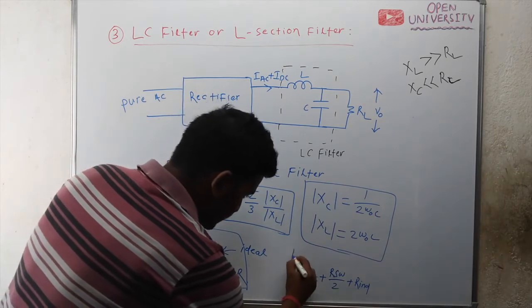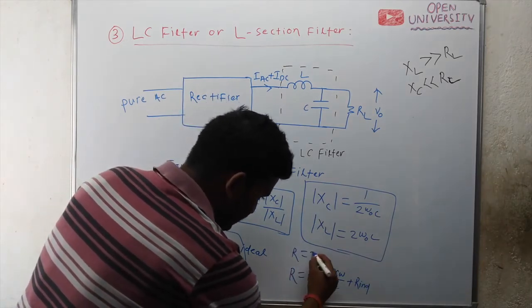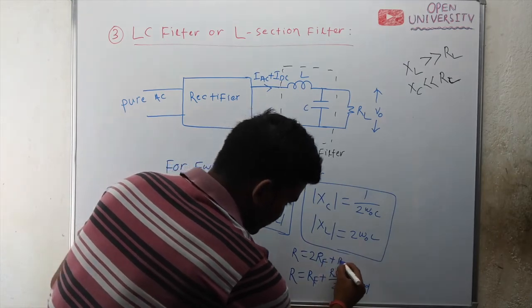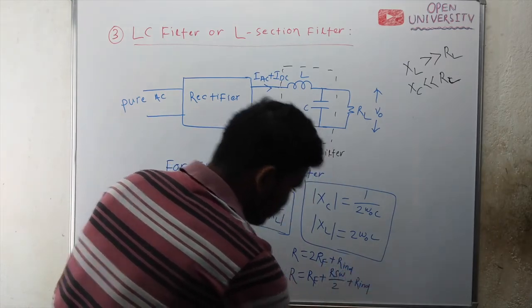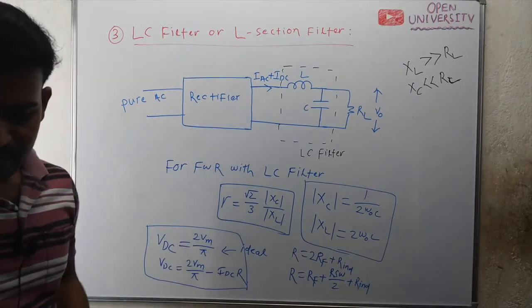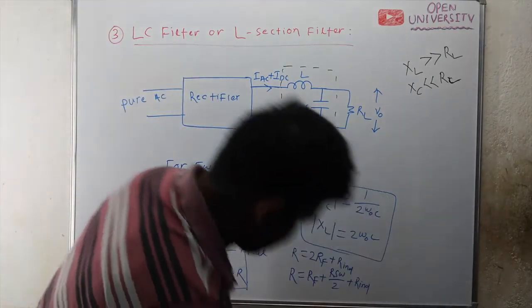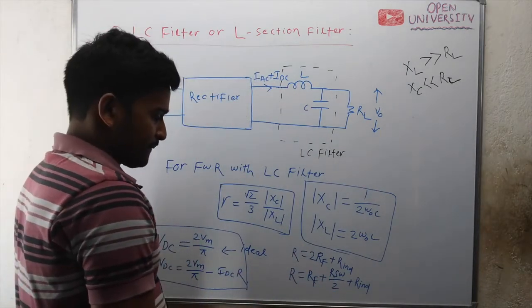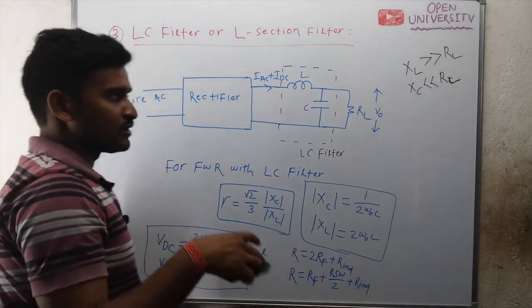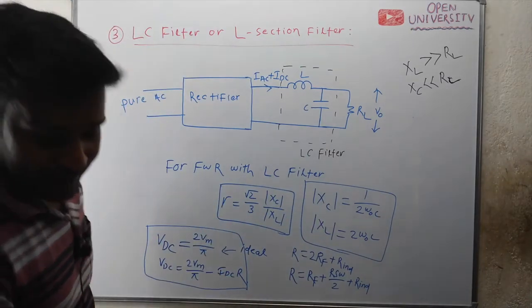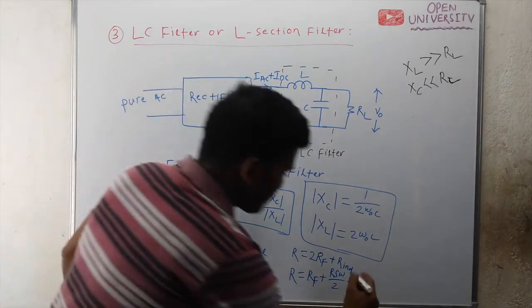For the bridge rectifier, RF will be replaced with 2 times RF plus R of inductor. There will be no RSW term, because the voltage across the secondary winding is 0, because the current through the secondary winding in a bridge rectifier is bidirectional. This is for the bridge rectifier,